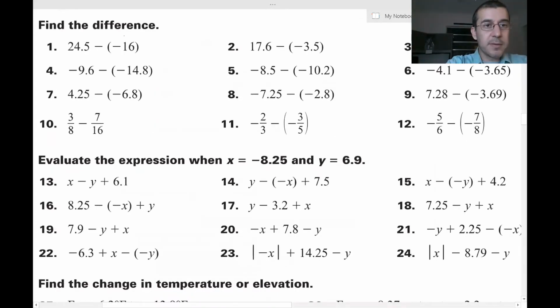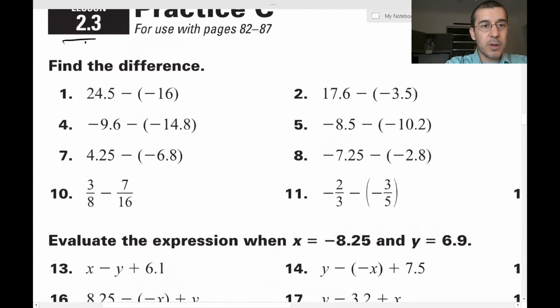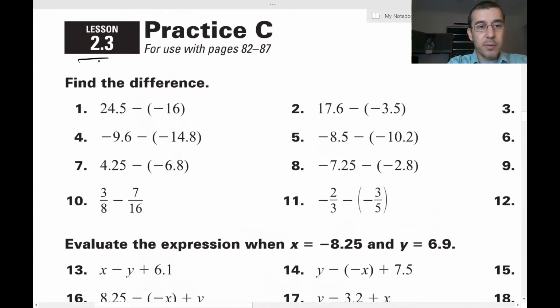24.5 minus minus 16. And we know that when we see two minuses, that equals to plus. So this becomes 24.5 plus 16, and this is 20, 30, 40, 40.5. So 24 and 16 is 40, and then this 0.5, 40.5. Number 2,